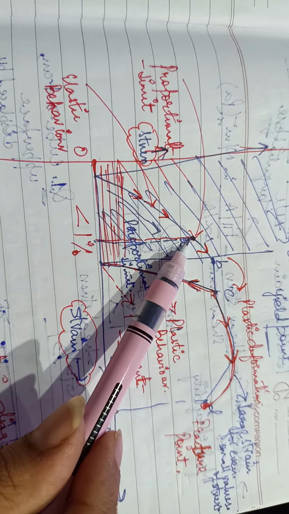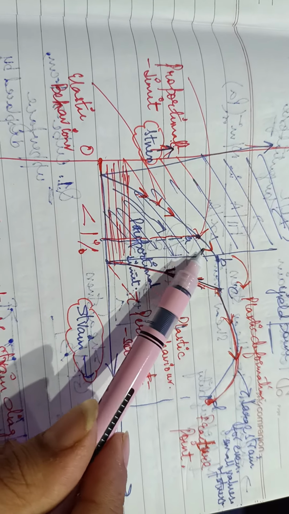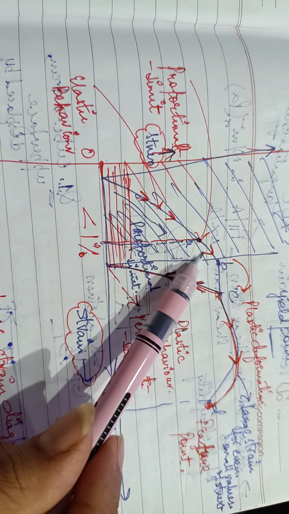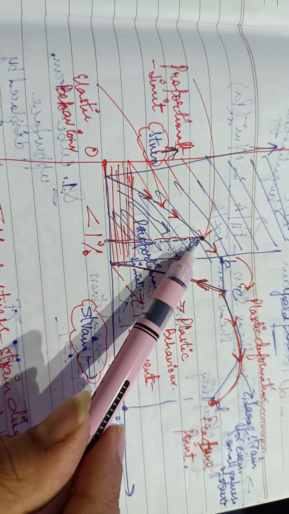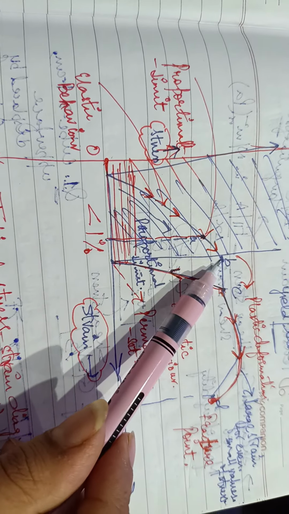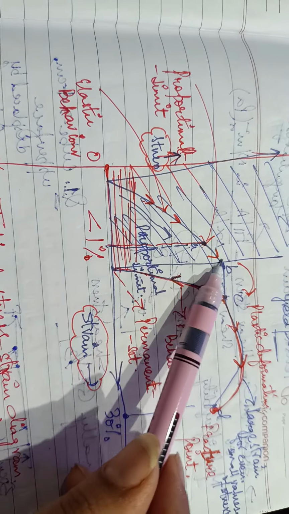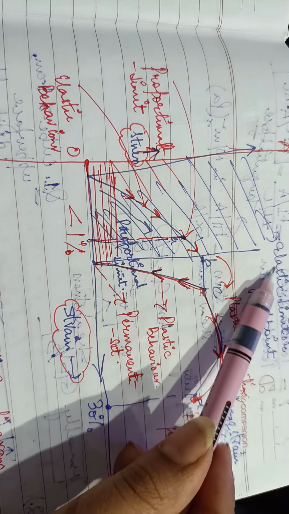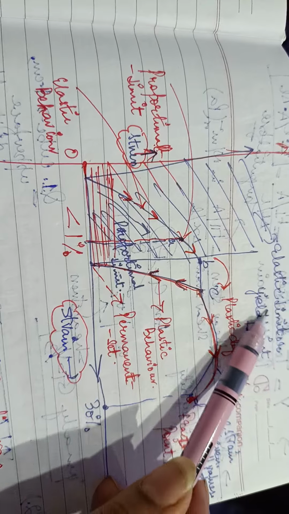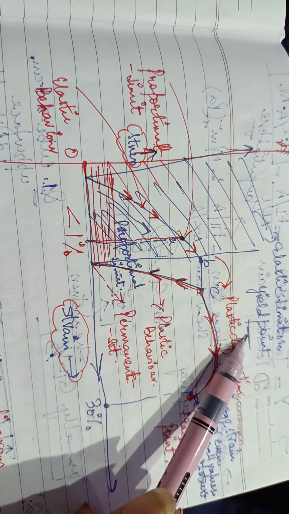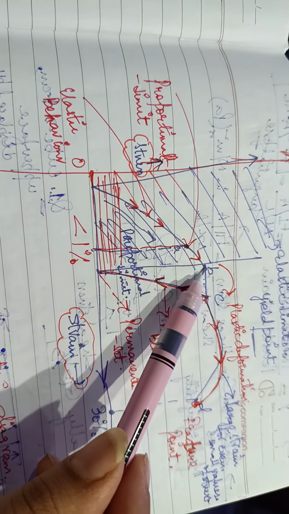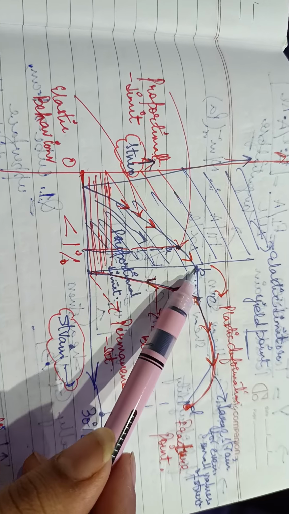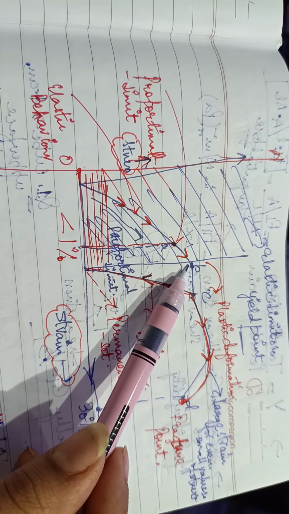Then when we move on the graph from A to B, this again is linear, but it has some increasing slope. Fine. So up till point B you have to draw a vertical line. This is the elastic limit, or the point B is the yield point. It is the last final point up to which the elastic behavior can be studied.